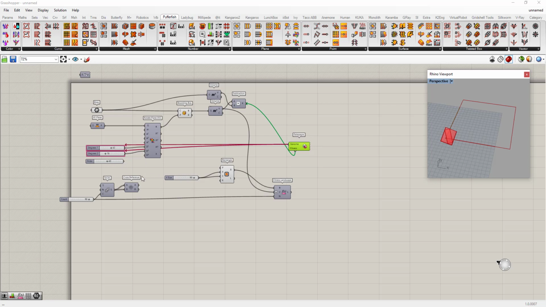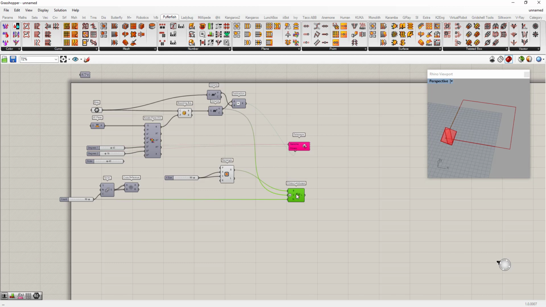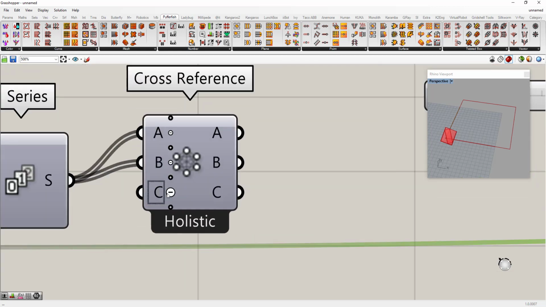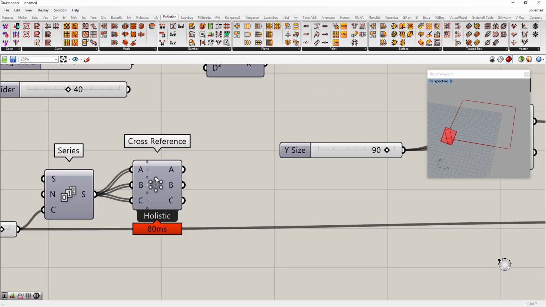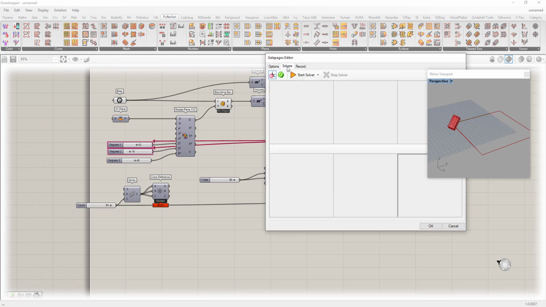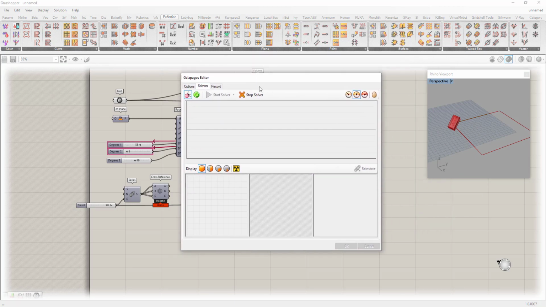Now if I add a third criteria, it adds another dimension that's going to be very difficult to visualize, and also would be very difficult to see. There's 729,000 possible alternatives for this. So that might crash the computer if we do that, so I'm not going to do that. But in terms of the solver, I can plug this in to this Galapagos, and I can run it again,